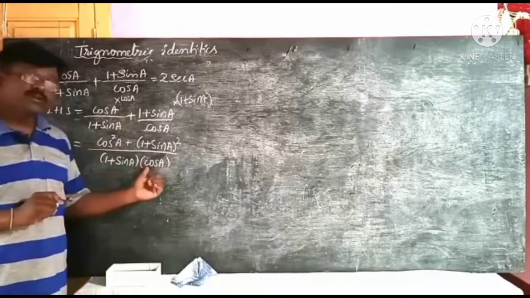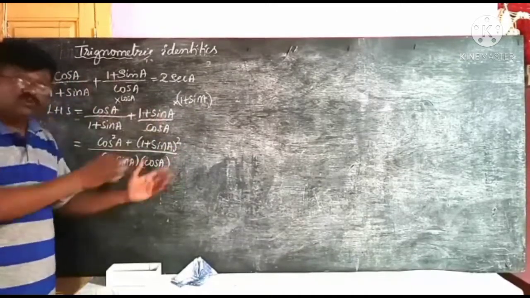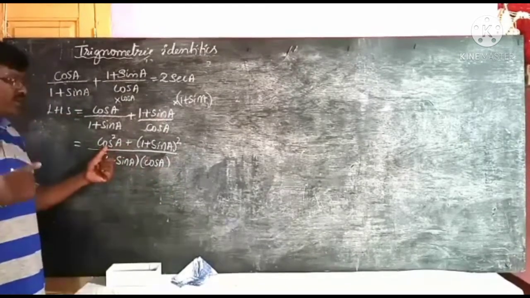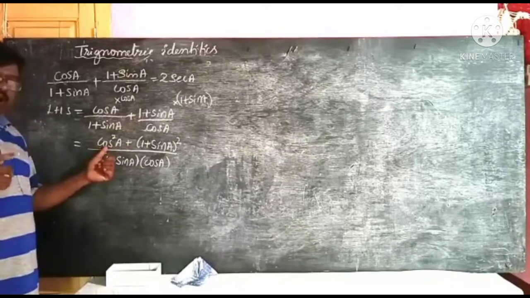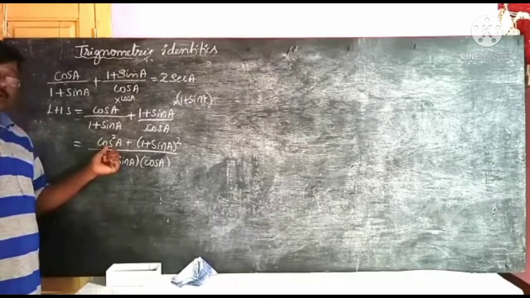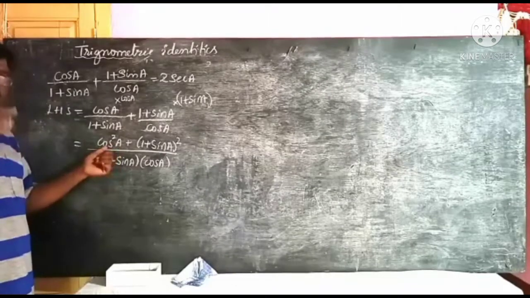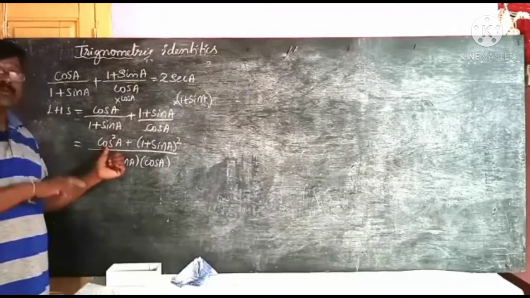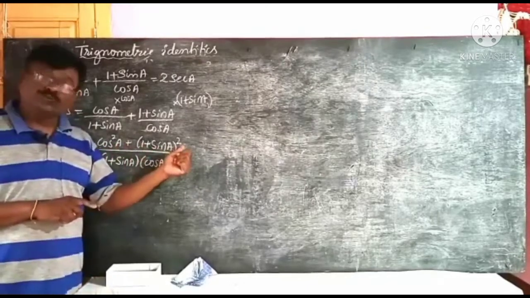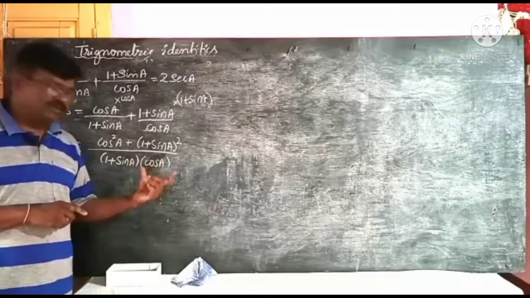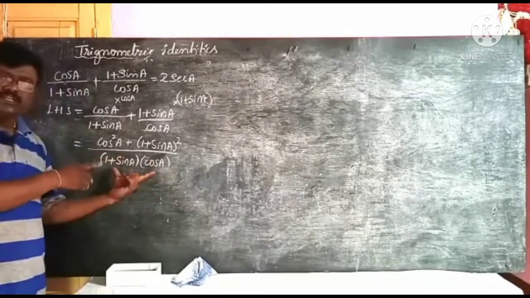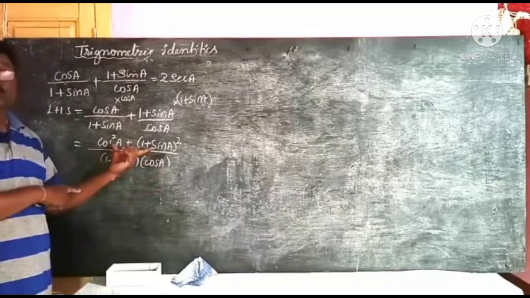Next, again we think about all the points. In these steps cos and sin are present. Next, are we obtaining a trigonometric identity or an algebraic identity? Again, at every step you can think about all the points we are explaining here. So in the first step we have cos square A and 1 plus sin A whole square over 1 plus sin A into cos A. In the denominator there is no trigonometric identity or algebraic identity, but in the numerator there is.